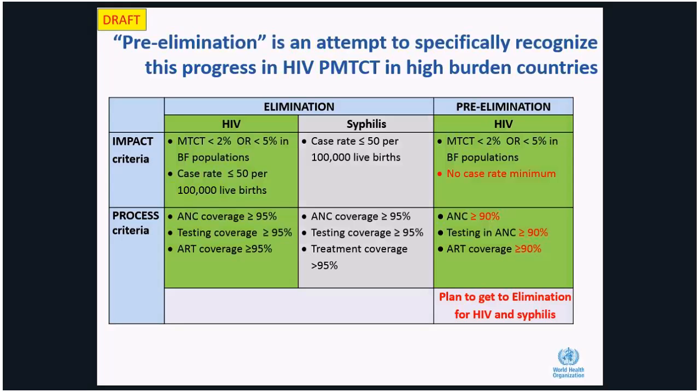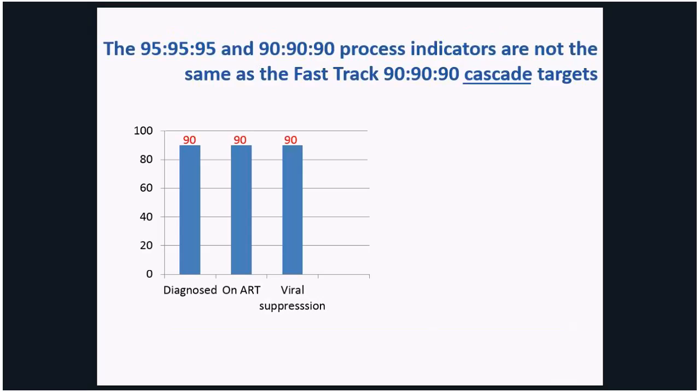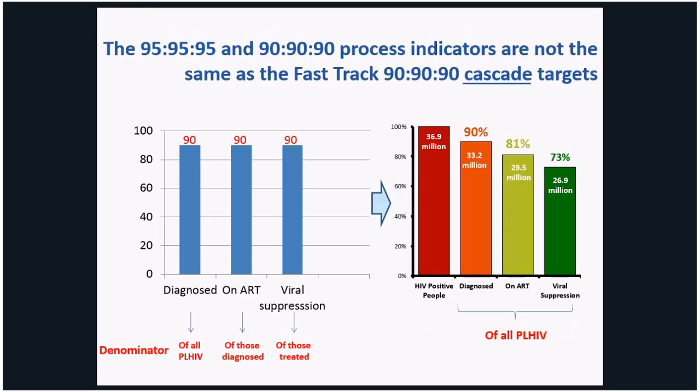Next slide. The other critical element that needs to be borne in mind, and we will come back to this later on in the presentation, is that part of the achievements that a country has to come up with is not just the impact and process criteria, but also a defined plan on how the country plans to get to elimination for HIV and syphilis. So the next slide just delves a little bit deeper into the 95, 95, 95, and now the proposed 90, 90, 90 process indicators for elimination and pre-elimination, and compares them to the fast-track 90, 90, 90 indicators that I think all of you are familiar with in terms of the fast-track cascade indicators